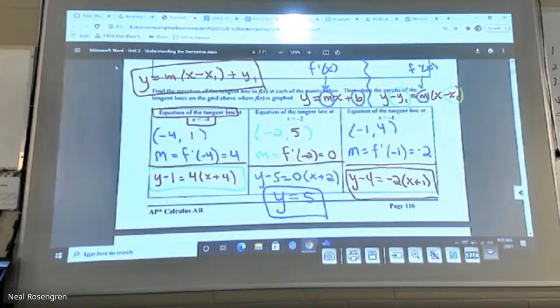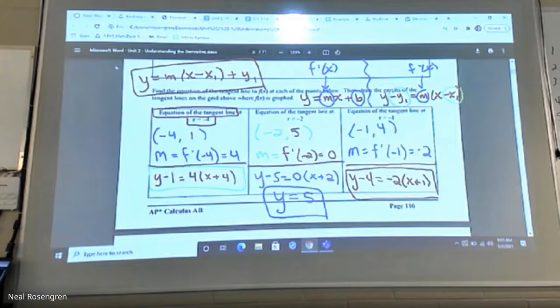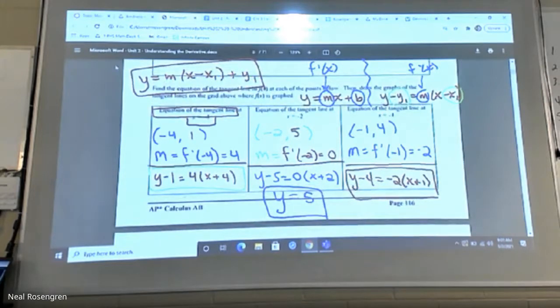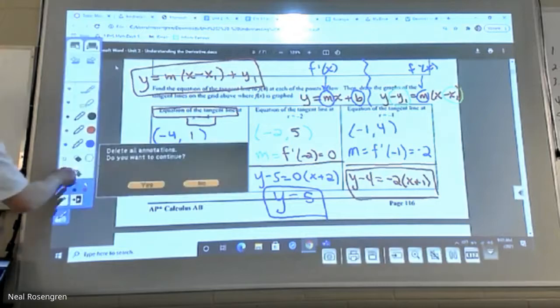So I just wanted to have that quick conversation. Now we can get back to actually working through the derivative by hand with the limit and going through this process. And to do that, I'm good with just jumping right to the next page. I think jumping right to 117 looks good. We'll see how far we can get working through both of these in the couple of dozen minutes we have left. But how are we feeling? Is that okay so far? Okay, good. All right, scroll a little bit.